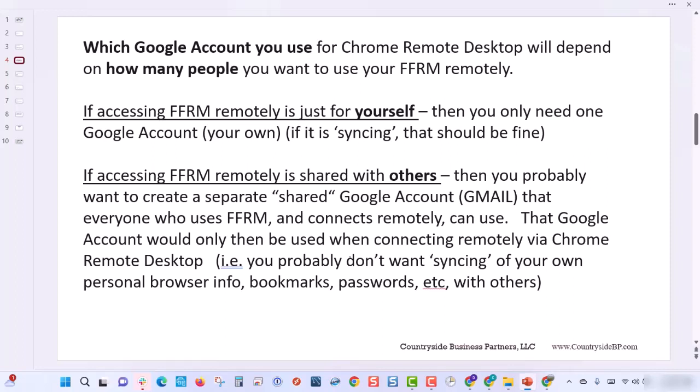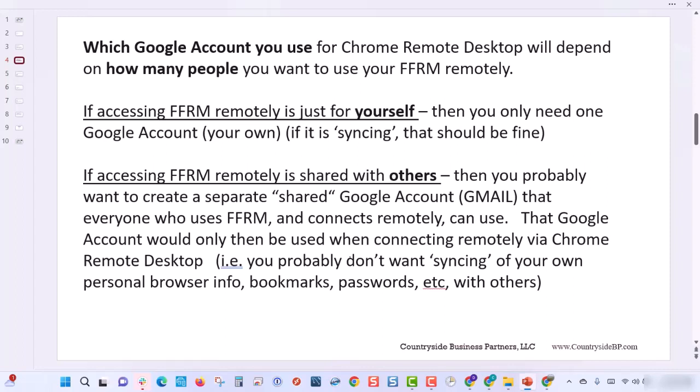If you already have a Gmail account, you can just use that Google account, and if it's syncing, that should be fine. However, if you have other people who want to also remotely connect to your FFRM PC,